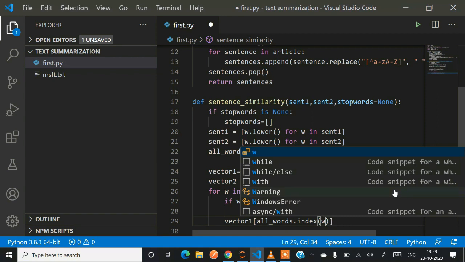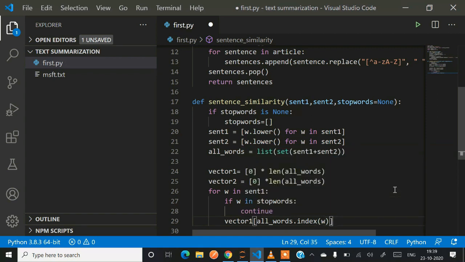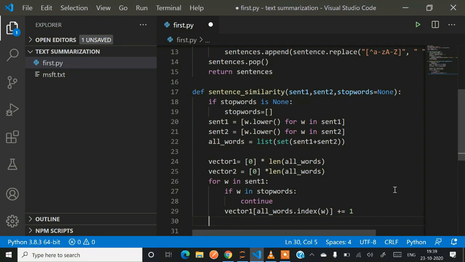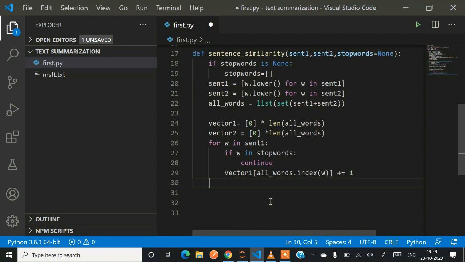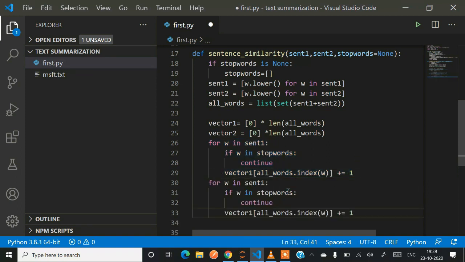Just increment it by 1, plus equals 1, because it's not C, so we have to write plus equals 1. Now repeat the same procedure for creating vector 2 on the basis of sent2. Just copy paste the code and make the changes accordingly.